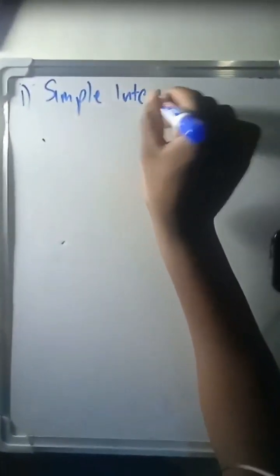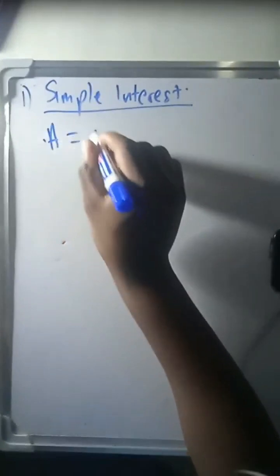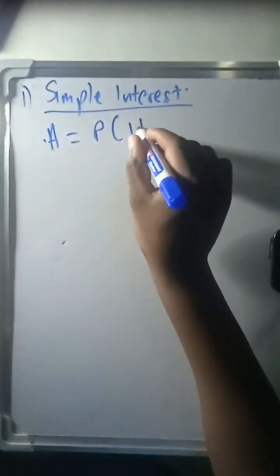Okay, so finance, simple interest, it's as simple as it is. That is the first thing in finance. Number one, simple interest. Right, simple interest at grade 12 doesn't work that much, but it's good to know it. And you are given the formula in the formula sheet: A is equal to P in brackets (1 plus i n). Okay, so this one I'm going to write now and I won't repeat it again. Where